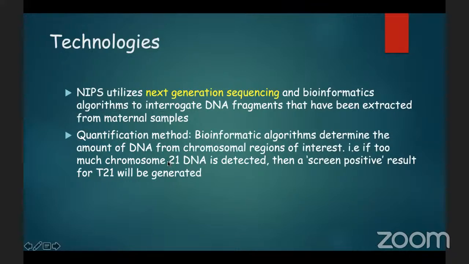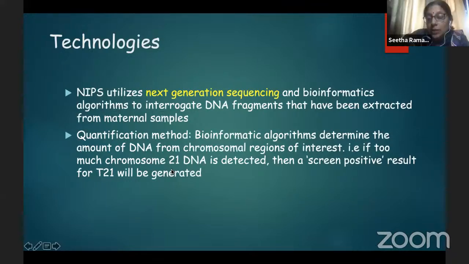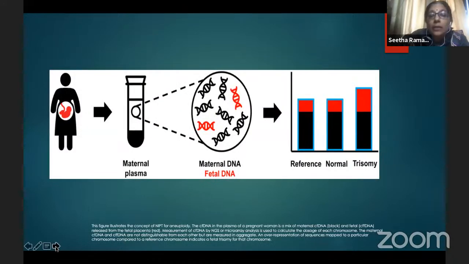Now, this NIPS, the technology that it uses is usually next generation sequencing and bioinformatics to basically analyze and interrogate the DNA fragments that have been extracted from maternal samples. And so the two most common methods are massive parallel sequencing, where you can see that the blood contains both maternal and fetal DNA, and then you compare, and if there is any excess of the cell-free fetal DNA,